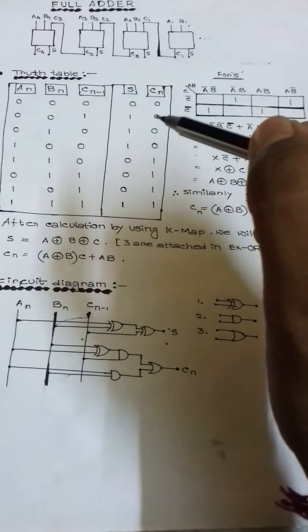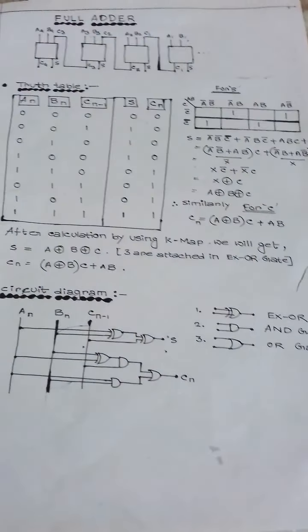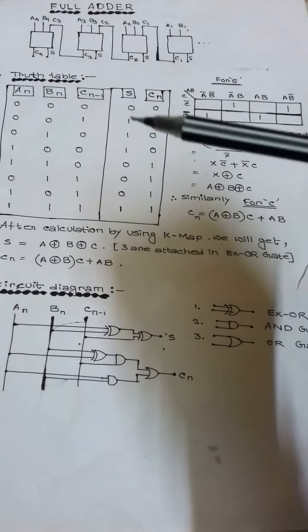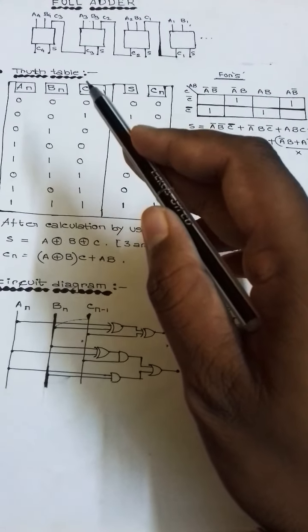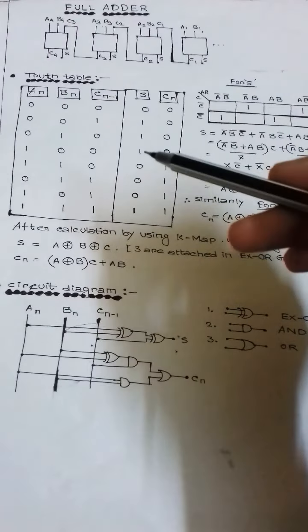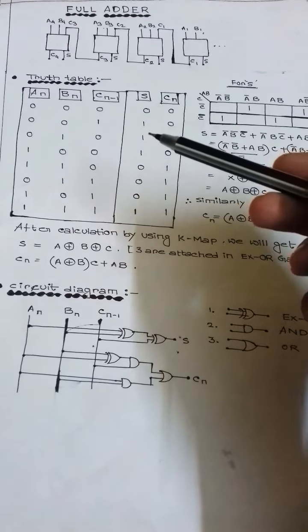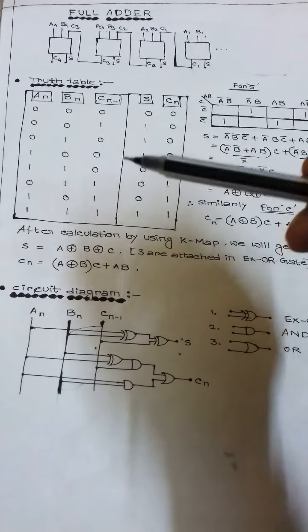Here a question should arise in your mind: why do we use the suffix n minus 1 for input c? So here I just tell you that c is nothing but the carry value of the previous addition, and during every addition it comes from the previous process. So to indicate it specially, this type of notation is used here.